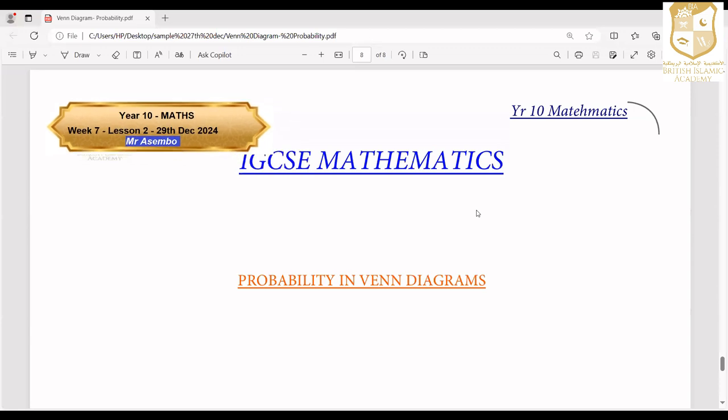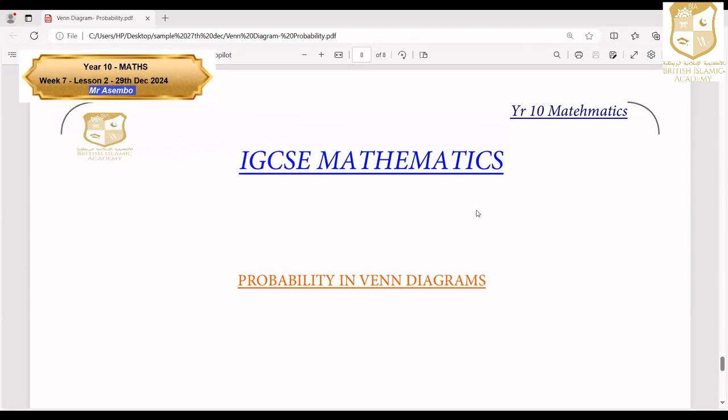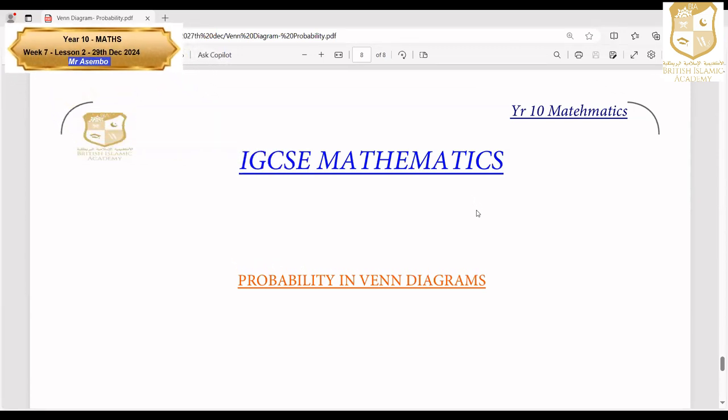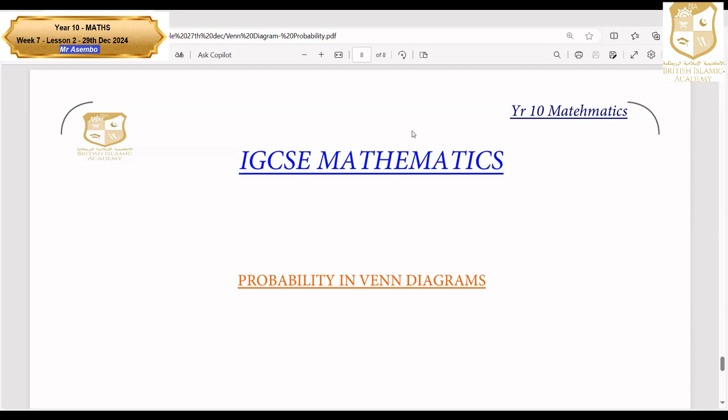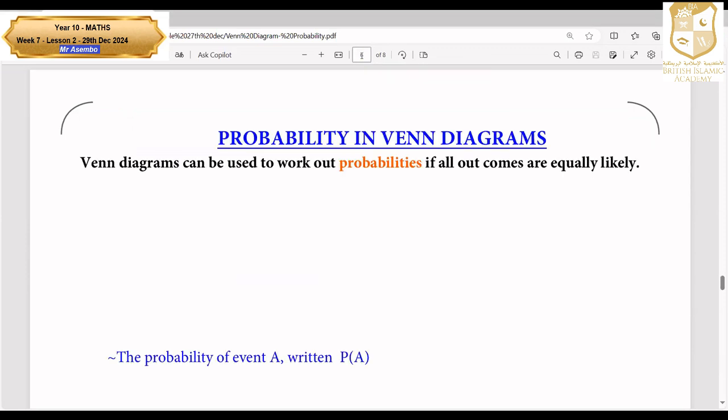Yes, you have learned about the sets and the Venn diagram. It's now time we see how we can incorporate probability when dealing with the Venn diagram. Now, everybody knows that probability is simply the likelihood of an event to occur. So if I'm given the Venn diagram or the sets, I can calculate the probability of a given event